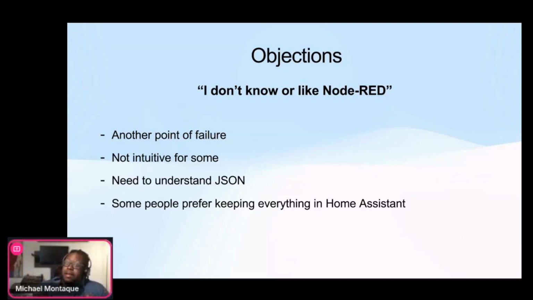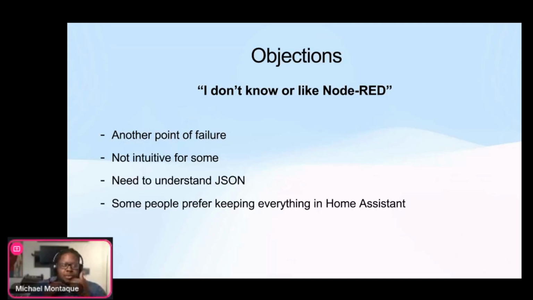And I'm not saying that you need to use this. I'm hoping that at a certain point Home Assistant will get to the point where the stuff that you've seen me do within Node-RED, I can easily replicate within Home Assistant. I would love that. I would love to just scope down all of those things into one location. But at the current point in time, it's not there. We're not there yet.